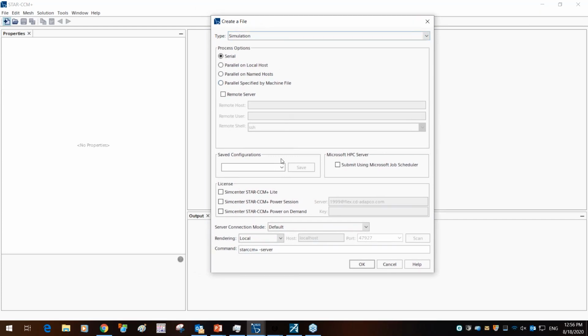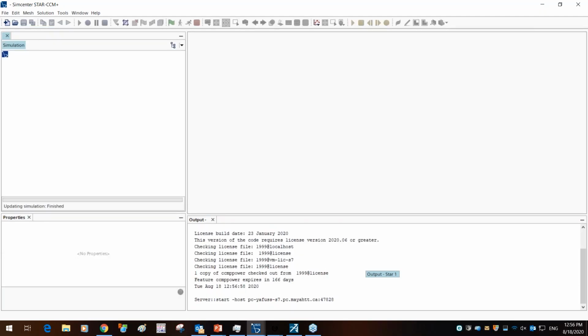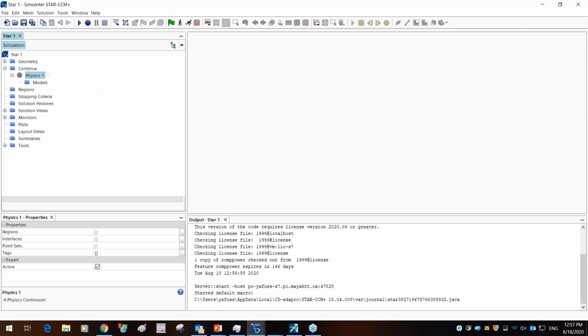Majority of the folks present at the hands-on simulation series would have a power session available to them, so please make sure to activate that to check out the right licenses. Now, once that's complete, click OK. One thing that's different about running a battery simulation within Star CCM+ compared to a general simulation is that you have a specified workflow specifically for batteries. And to activate that workflow, you have to create a new physics continuum.